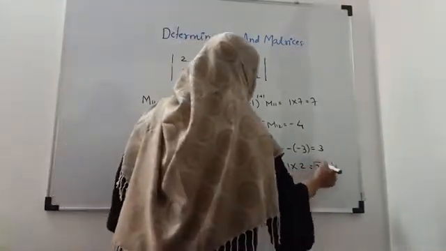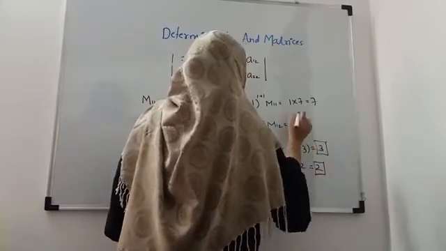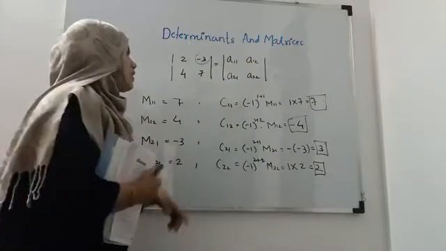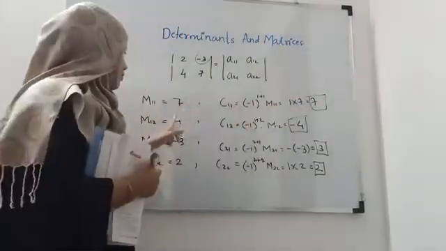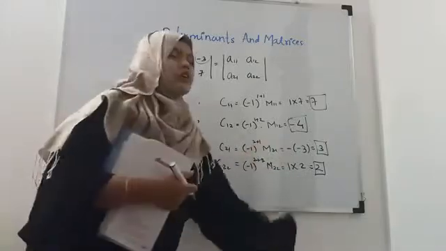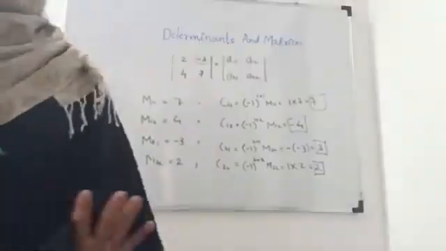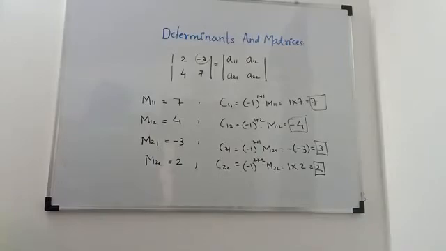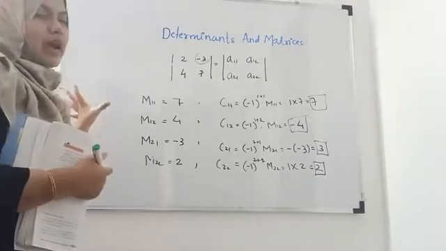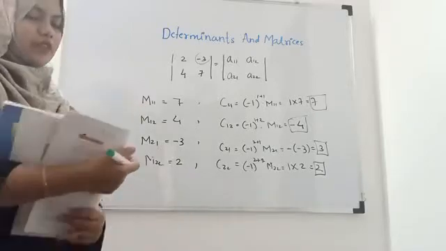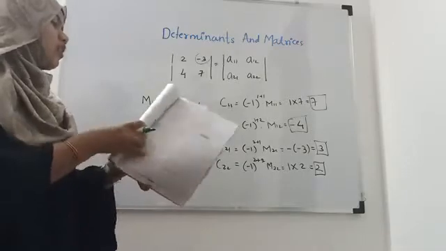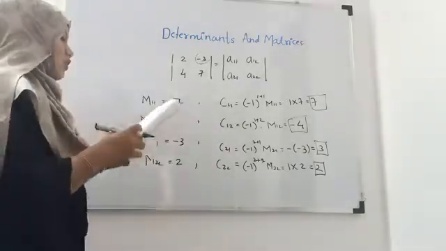So these are the cofactors. You can see there is only a minus difference. 7 is the same, 4 and minus 4, minus 3 and plus 3, 2 and 2. Only the sign difference of a negative sign is there between them. And this is the way to find the minors and the cofactors of a 2 by 2 matrix. Now we will see a 3 by 3 determinant, and then we will solve minors and cofactors for that.